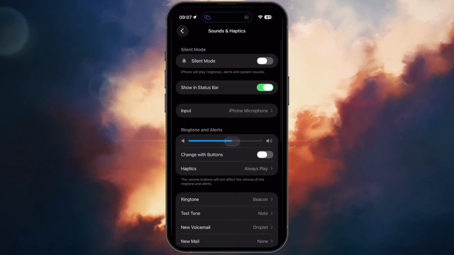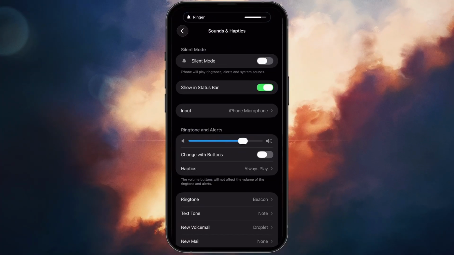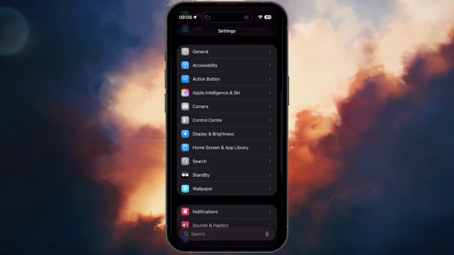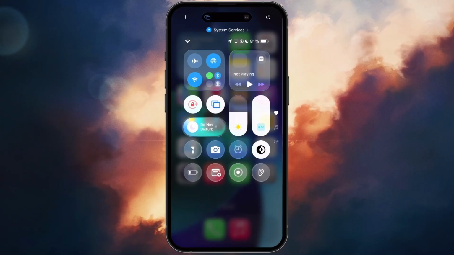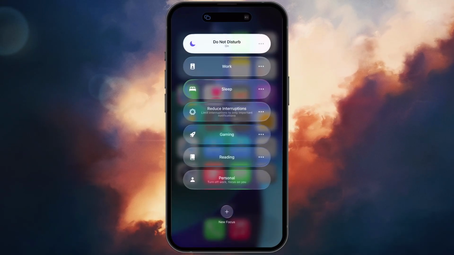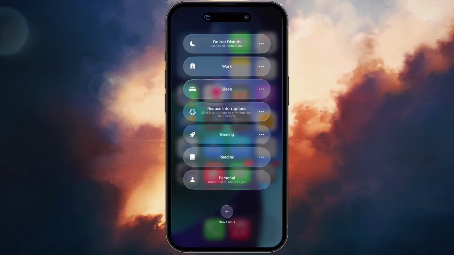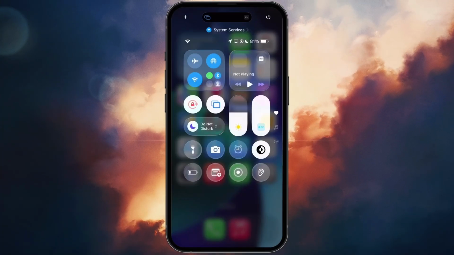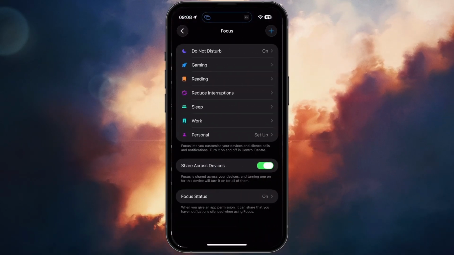After making sure your iPhone Air is not set to silent mode, make sure to disable any focus mode that might be enabled on your device. Open up your control center by swiping down from the top right of your screen. Here, tap and hold Focus and make sure none of them are enabled. A focus mode will light up when enabled, and tapping on it will disable it again. You can adjust your focus mode settings in your iPhone settings under Focus,